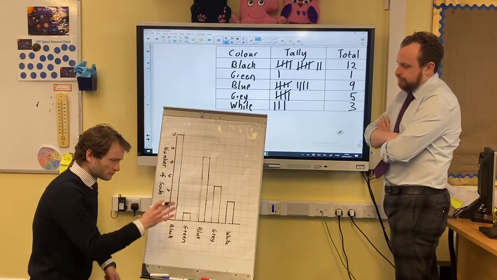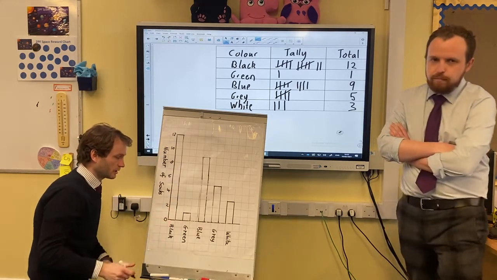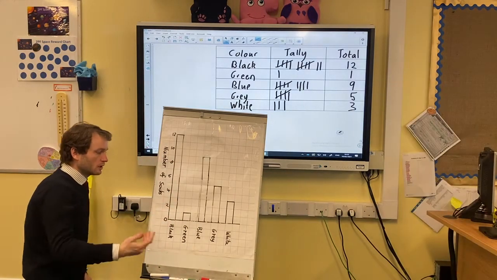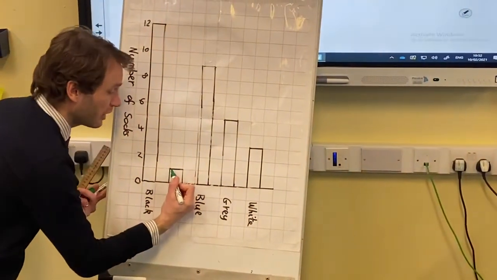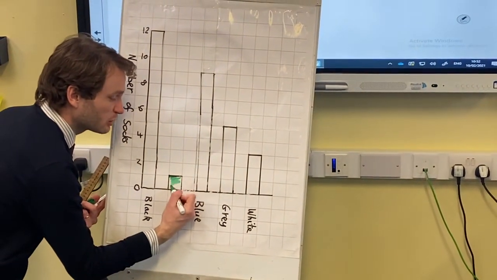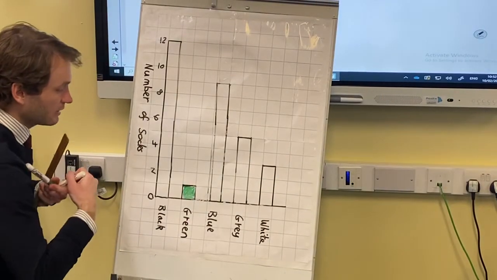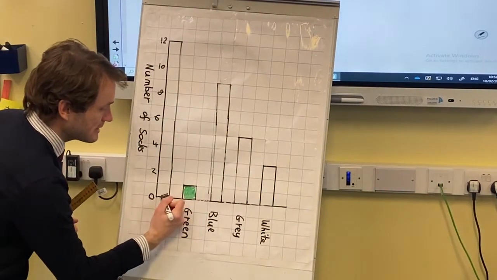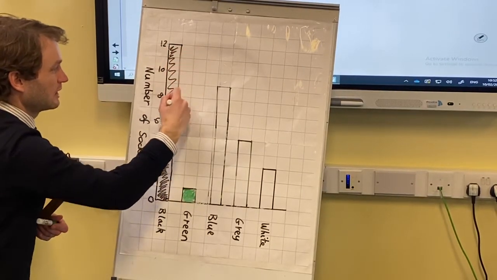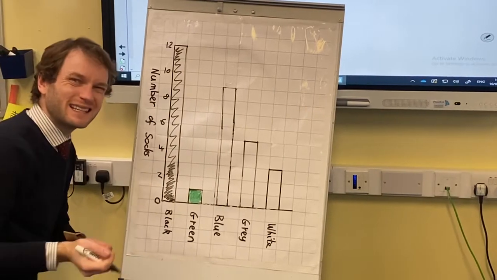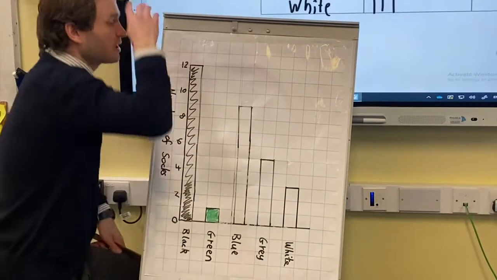Right, now, probably you can't see that very clearly. What I would like you to do is then colour it in. So here's my green, I'm colouring it green obviously, yeah? Black, we'll colour that in black, yeah? I won't do it all now. You can colour it in neater than that because you've got more time, okay? I won't do them all now, you know how to colour. So then when you've done that,